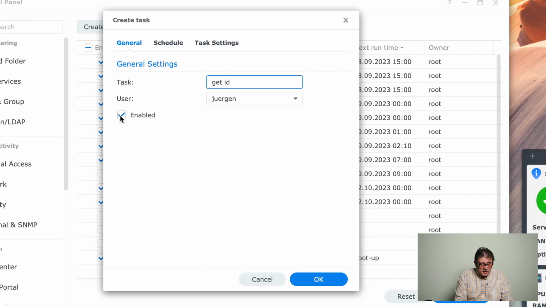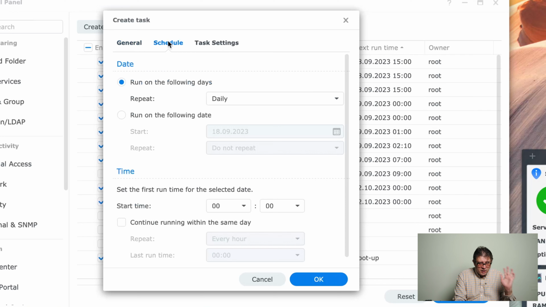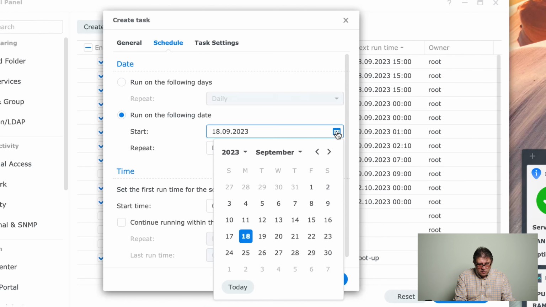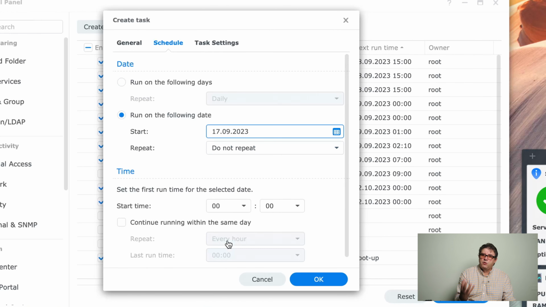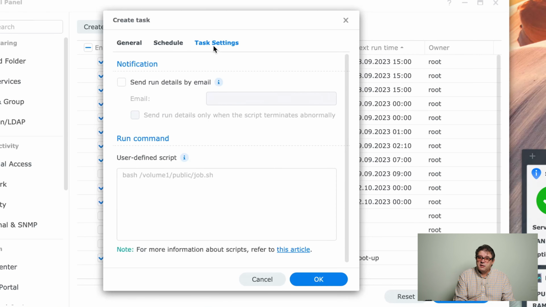and set the enable flag to not enabled, because we only want to run this once and only if we want it, basically on our pressing the run button, not in the schedule itself. So you can leave the schedule as it is, or rather actually click on run on the following date and set this to a date in the past, so you can be absolutely sure that this only runs when you want it. So task settings is the next target, and you position your cursor inside this little field like